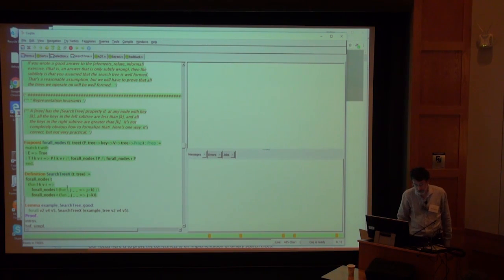So there's our representation invariant. We define for all nodes as a predicate on trees that applies some other predicate on trees to every node in the tree, right? So P is applied to this node, PLKVR, and recursive